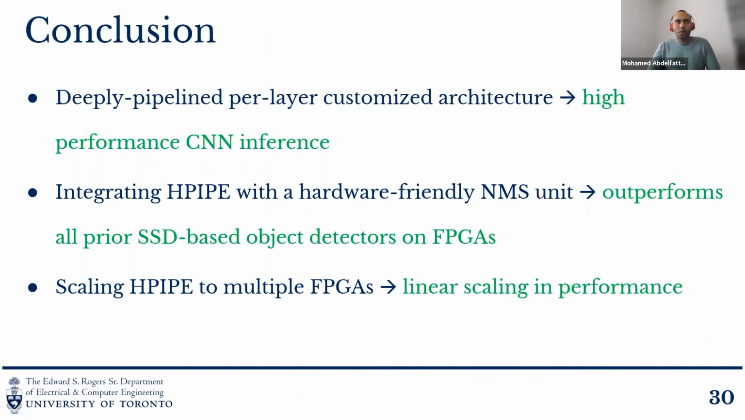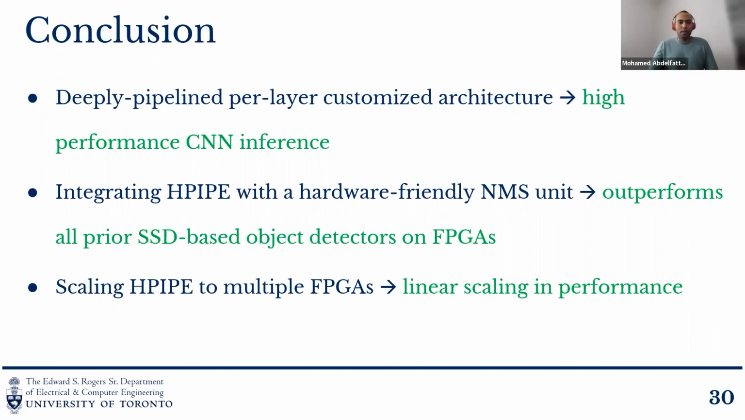So to conclude my presentation, I've talked about 3 different topics. So first we have this configurable, deeply pipelined CNN inference accelerator that follows a data flow architecture for accelerating CNNs and produces high performance CNN accelerators. And then we take this and integrate it with a hardware friendly non-maximum suppression unit to accelerate object detection. We actually achieve the best performing accelerator with high accuracy. And finally, we show that we're not limited to the resources of a single FPGA. We can push Hpipe, and it scales well when we increase the number of FPGAs,